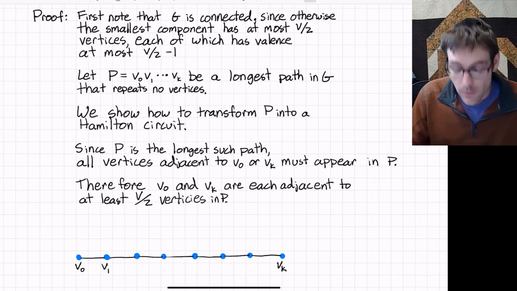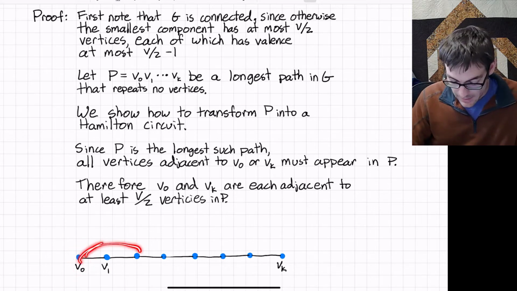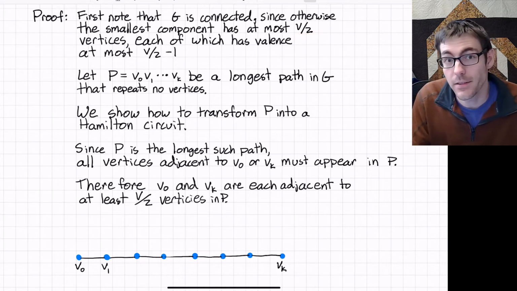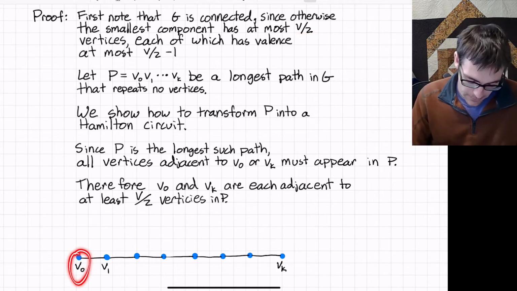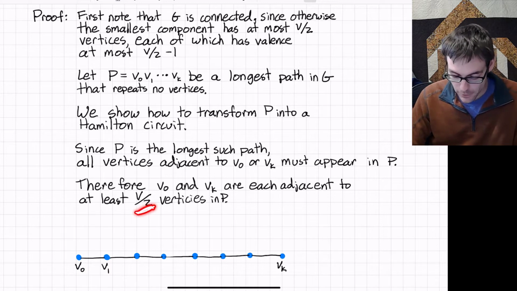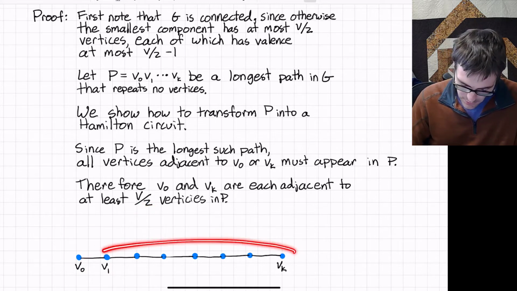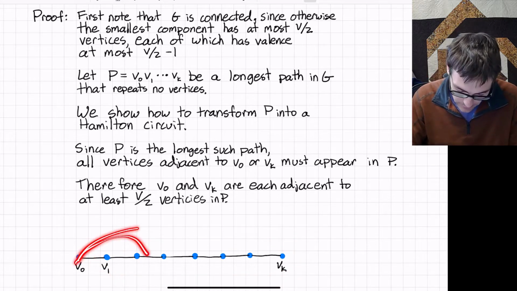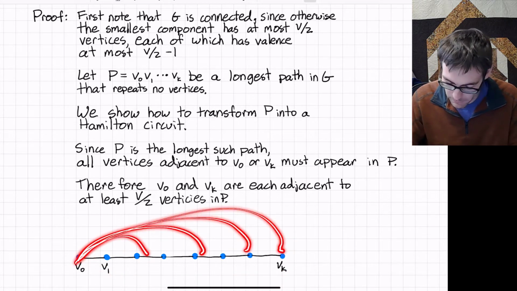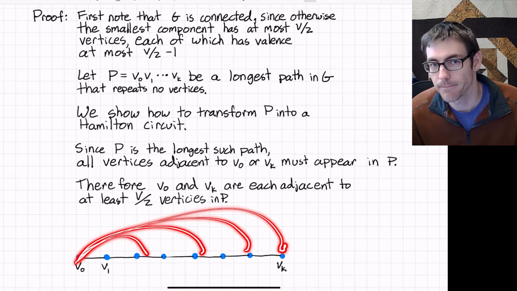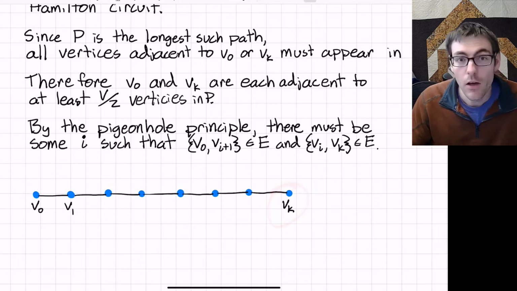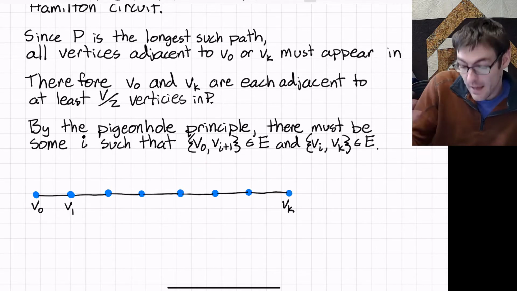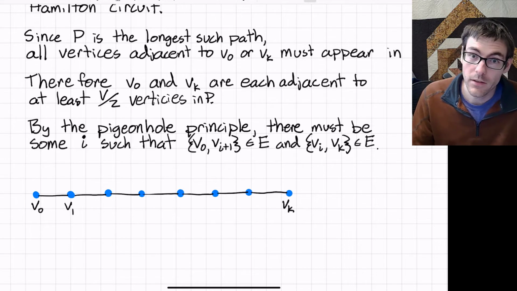So since all of v0's adjacencies lie somewhere in this path, and since v0 has at least v over 2 adjacencies, it must be the case that v0 is adjacent to at least v over 2 of these vertices. Right? So all of its connections have to appear somewhere in this list. Since it has at least v over 2, it must look something like this. The same must be true for vk. All of its connections are to vertices that previously showed up in our path, and it has at least v over 2 connections. Therefore, there are